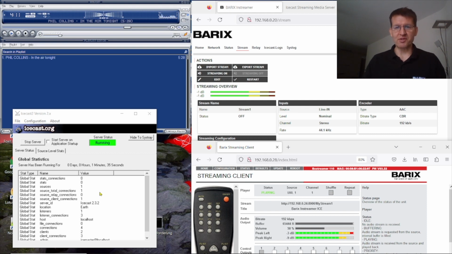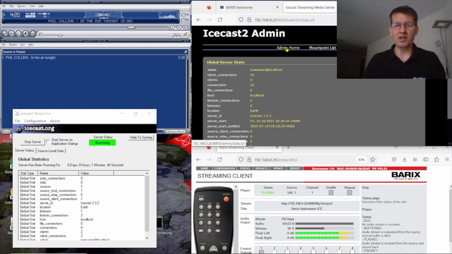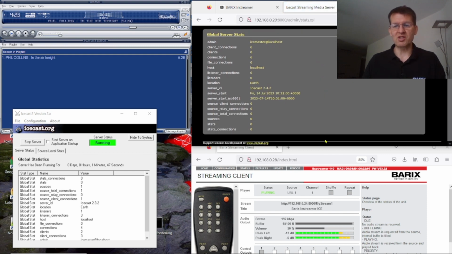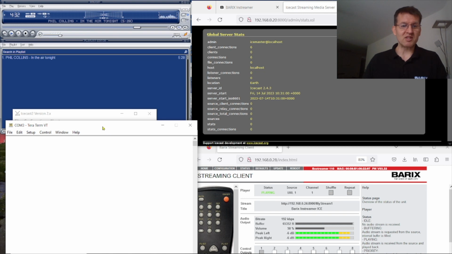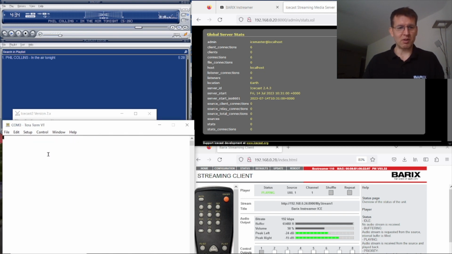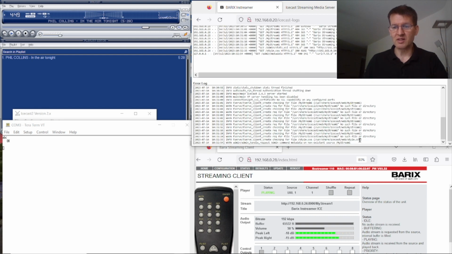There's even a disadvantage. In the first part of the video we were talking about metadata, and when we look here now on the admin page, you don't see the option to update metadata. You will even see that when we send from the serial terminal. In the first part I could send the metadata from here, and when I try to do that now, you see it is not updating the metadata. When we check this in the InStreamer ICE log, it tells us it's not supported in this mode.